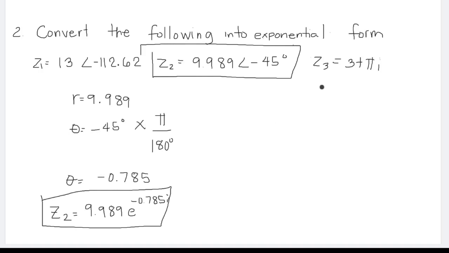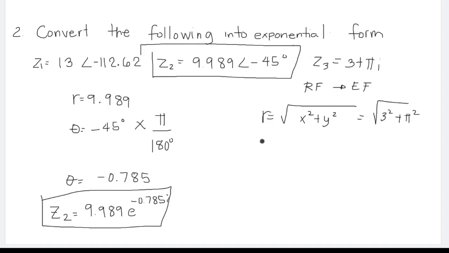This time, for C3, we have 3 plus pi i. So this is from rectangular form to exponential form. So we need to convert the rectangular form to exponential form. So we have x and y, and we need to get the value of r. And r is equivalent to square root of x squared plus y squared, which is 3 squared plus pi squared. So the value of r is equivalent to